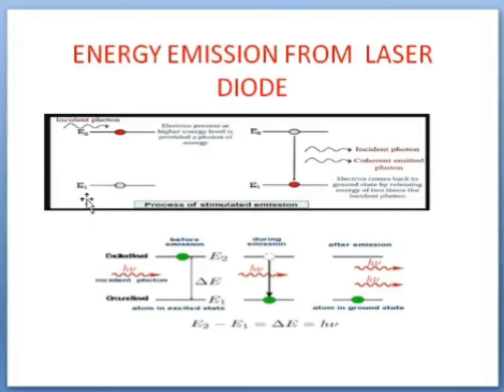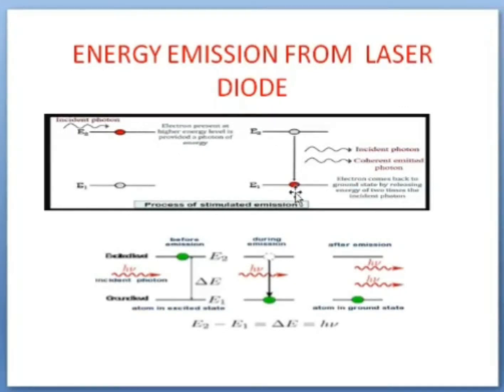See, we have photon here. Two energy levels are mentioned: energy level 1, energy level 2. When the photon moves from the higher energy level E2 to the lower energy level E1, light is emitted. This process is called stimulated emission, that is, higher energy level to lower energy level.